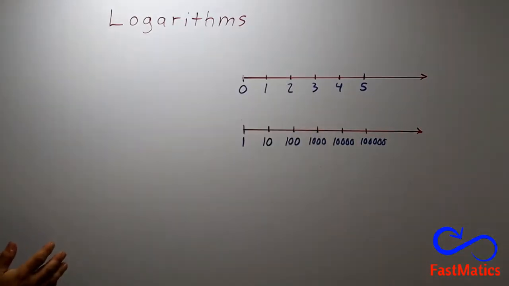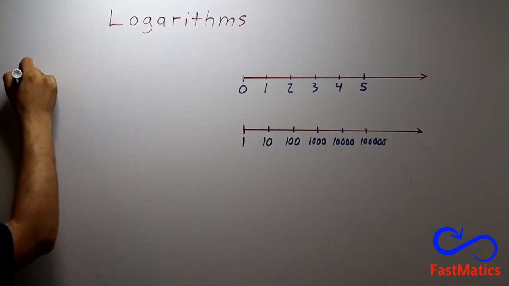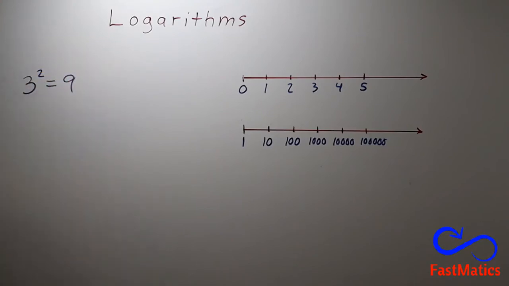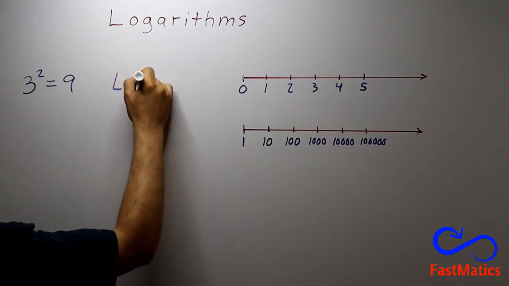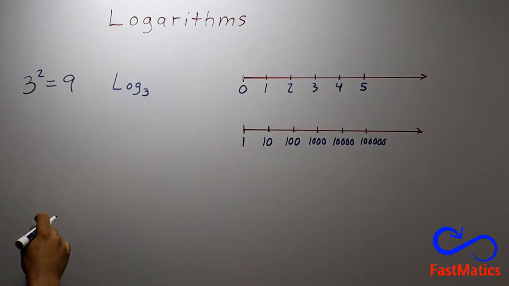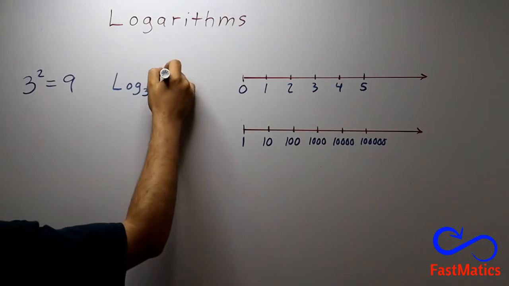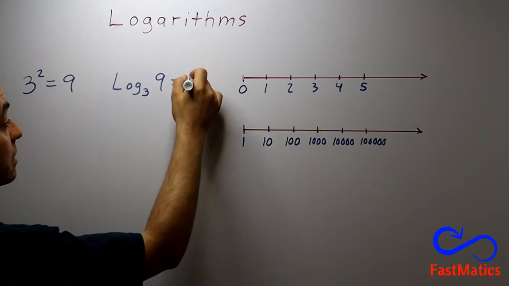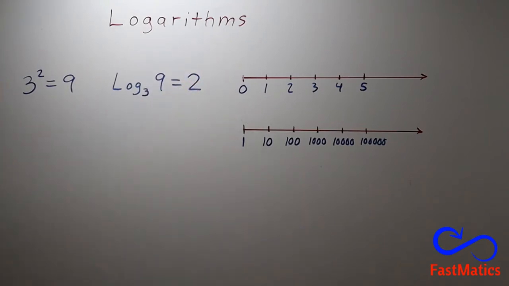First of all, we are going to say that a logarithm is the opposite operation of exponents. For instance, 3 to the power of 2 is 9. The question is, if I have the number 3, what exponent must I put in order to get a 9? Well, the exponent of 3 must be 2 to get a 9. Then,